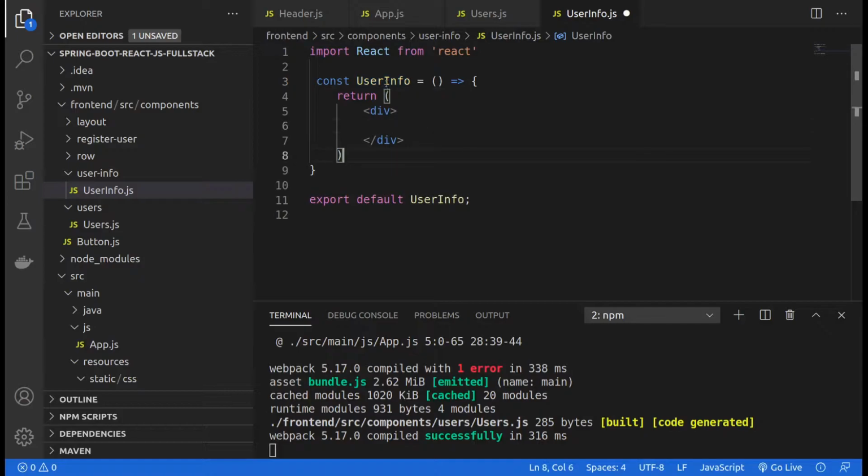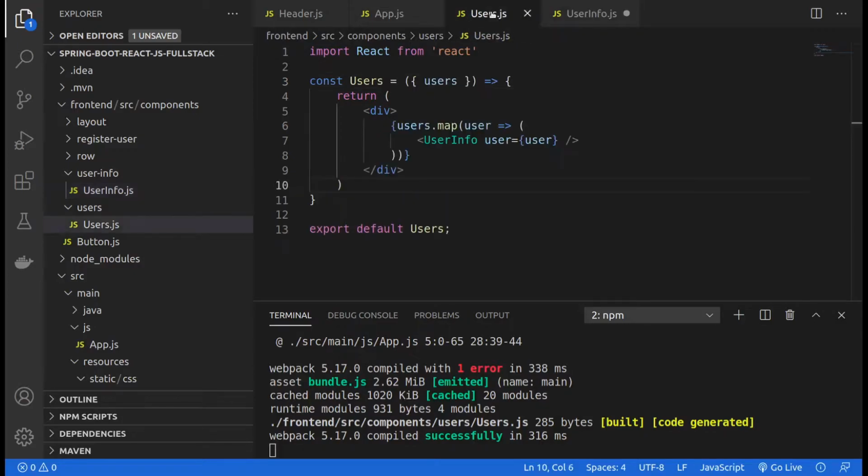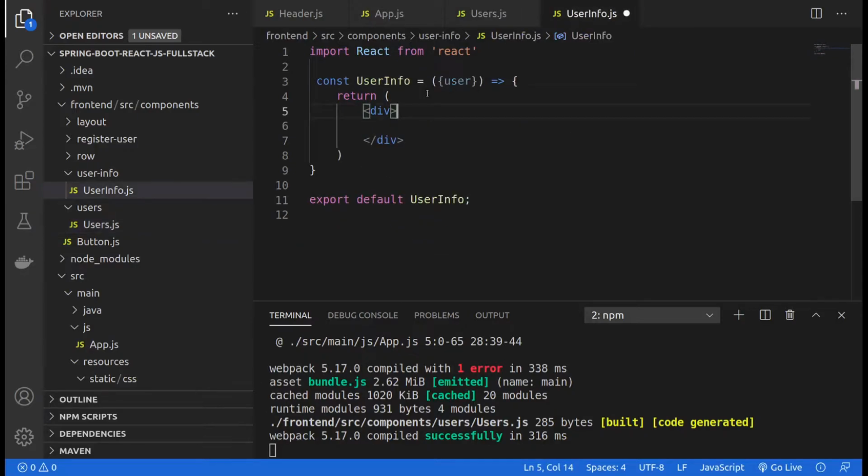So remember, this user info component is going to receive a prop called user, because if you go back to users, we created a prop called user, and we are passing the user object. So here we are receiving an object called user. This is where we are going to put the details, the information of that specific user. So for this div tag,